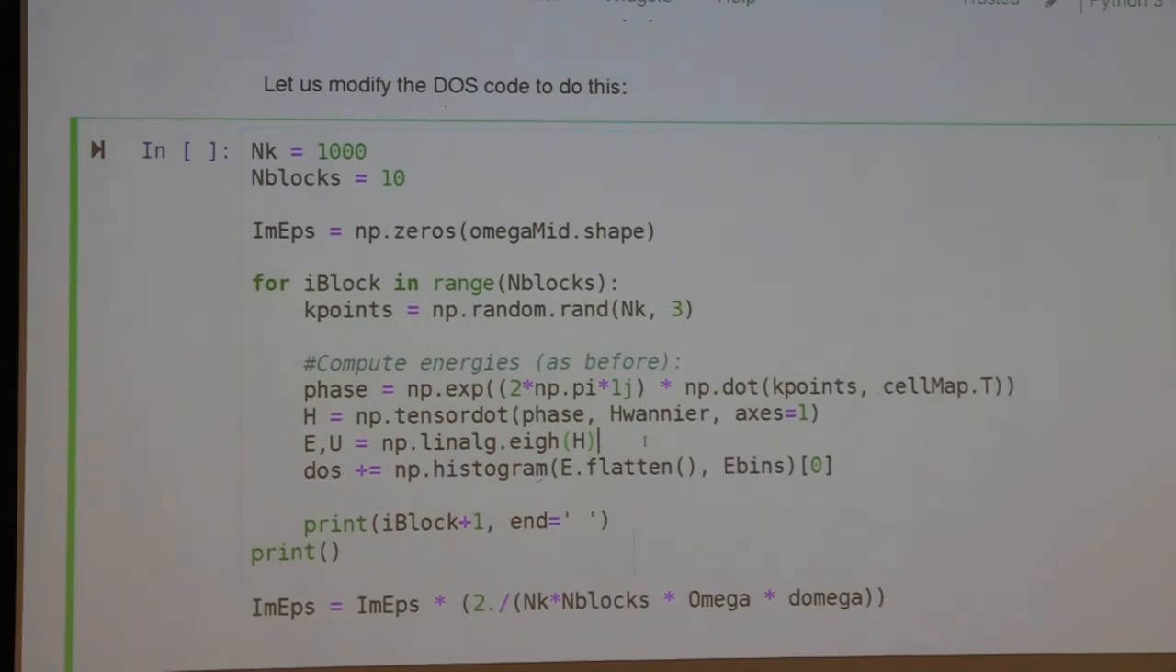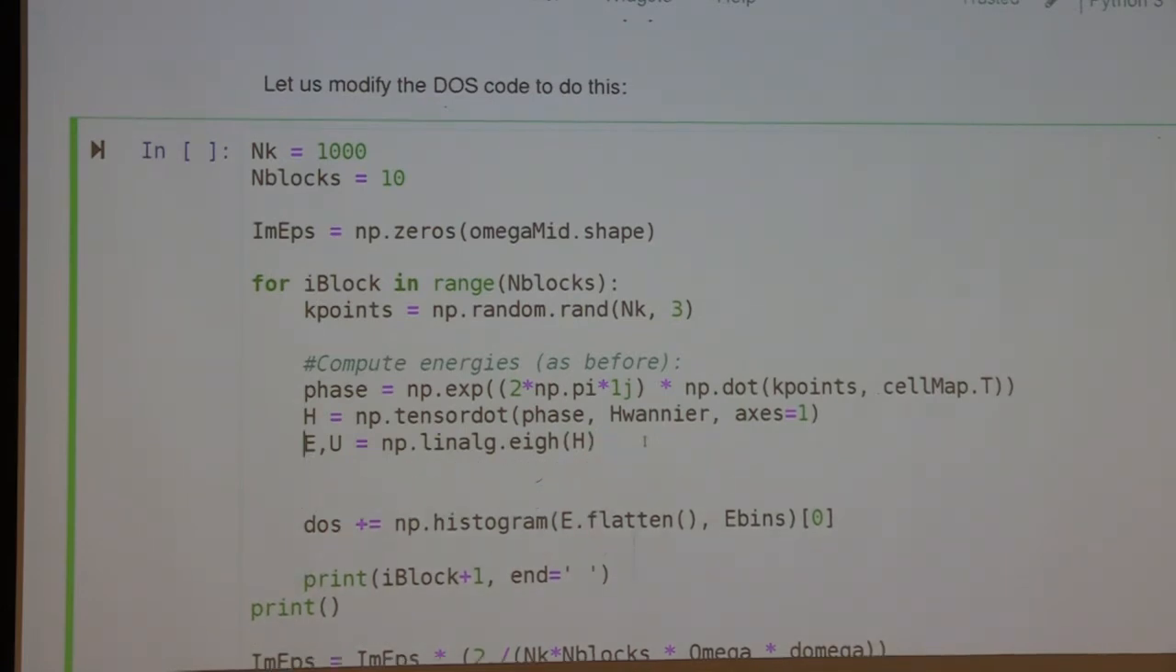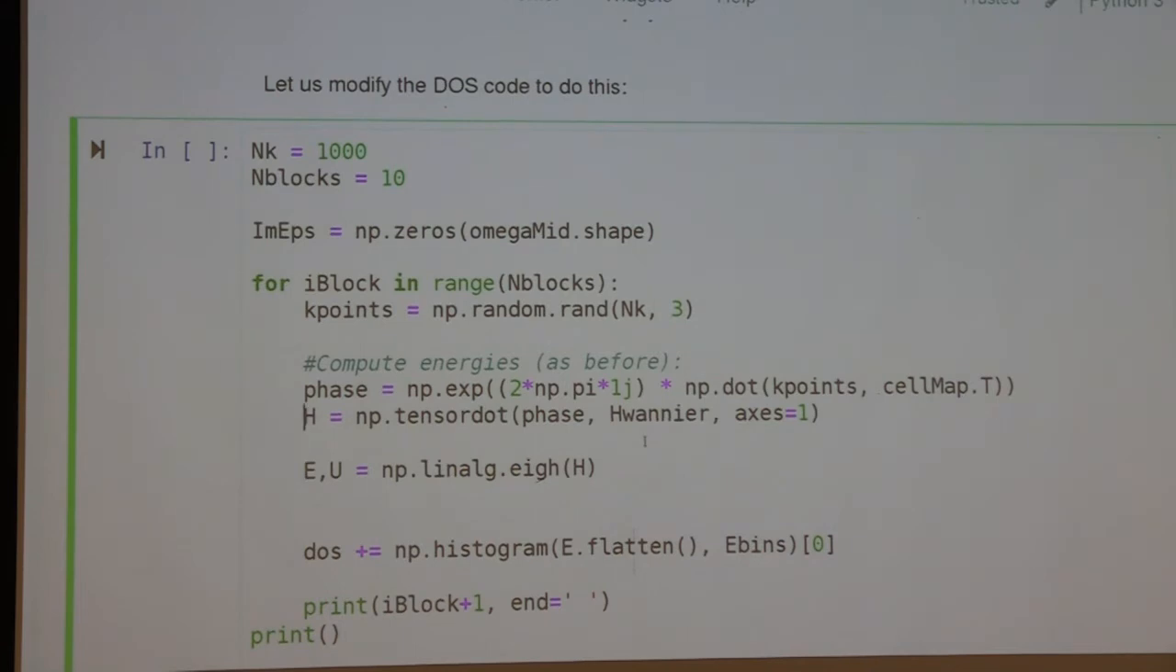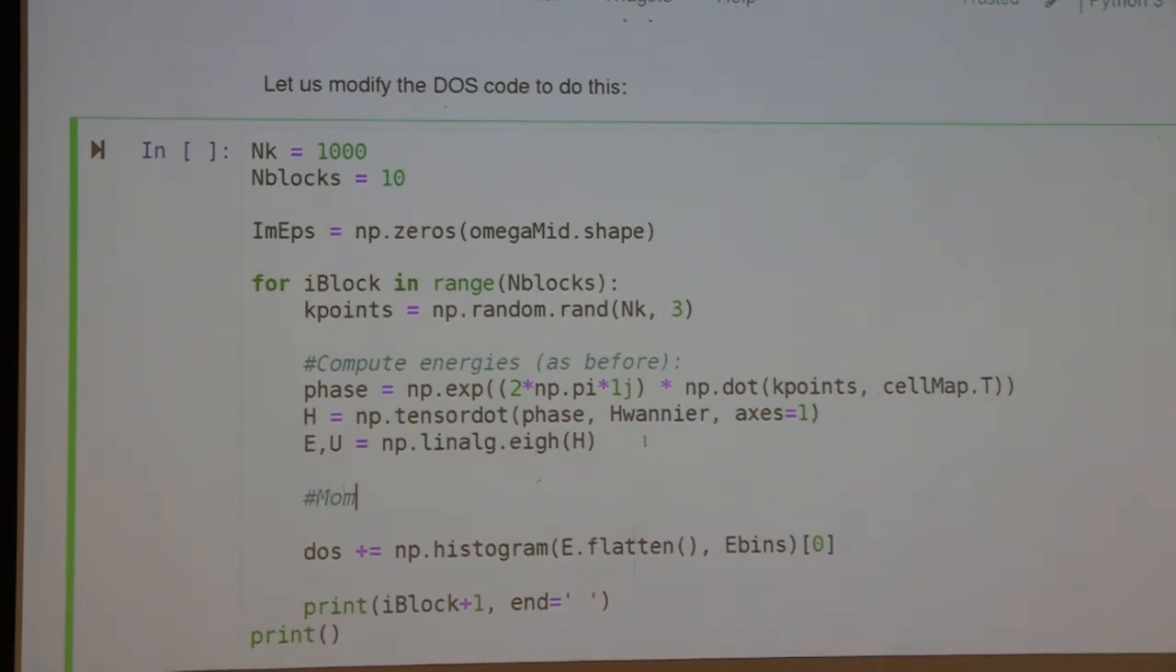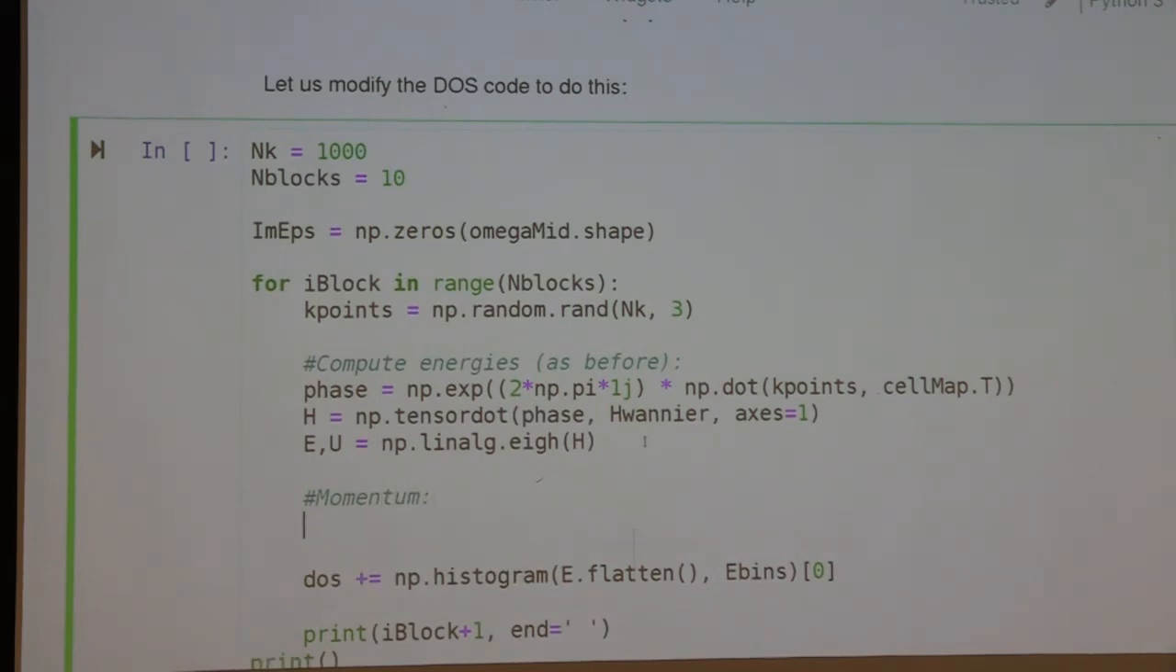So remember, note that so far we have not used those unitary matrices at all. Right? This is the first time we're going to do that, because we are going to bring the momentum matrix elements into the energy eigenbasis. But in addition, we need to also transform the momentum, we need to do the momentum matrix elements. So first we need to bring them